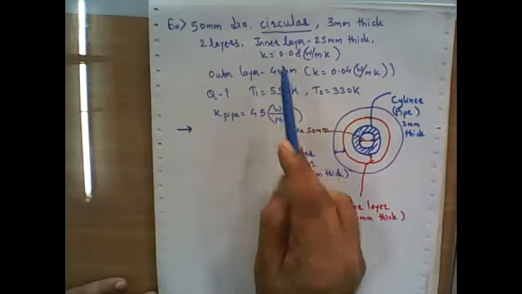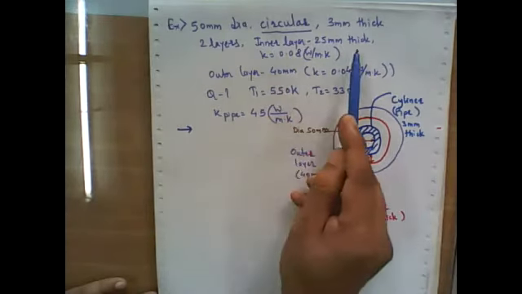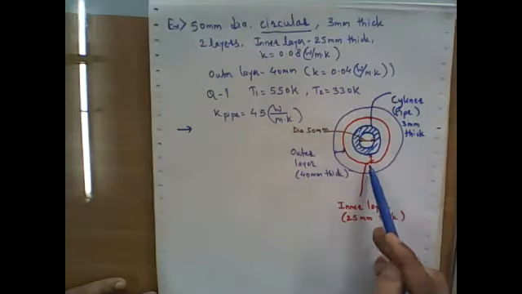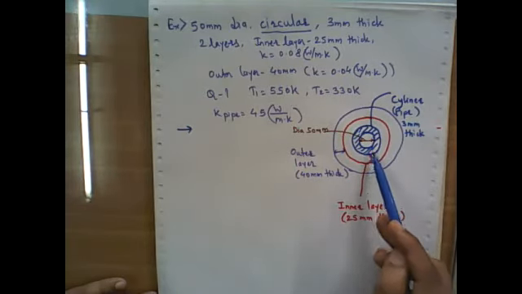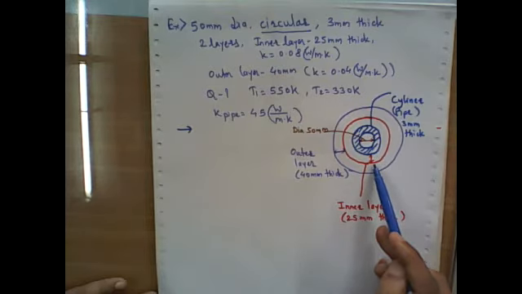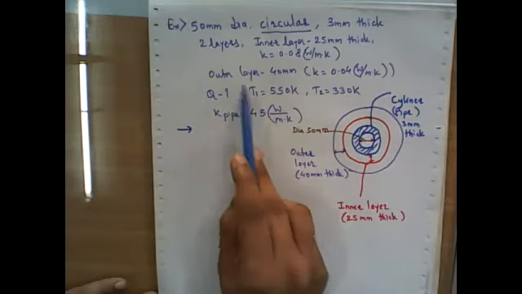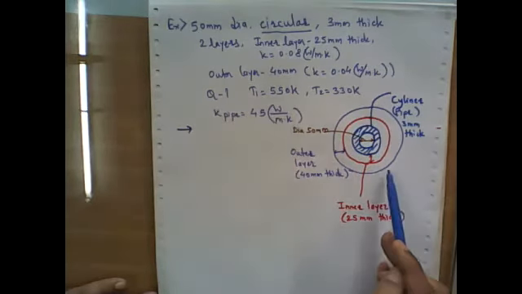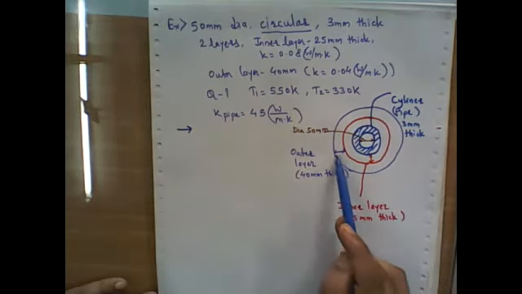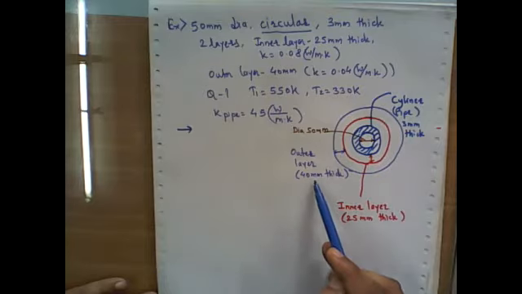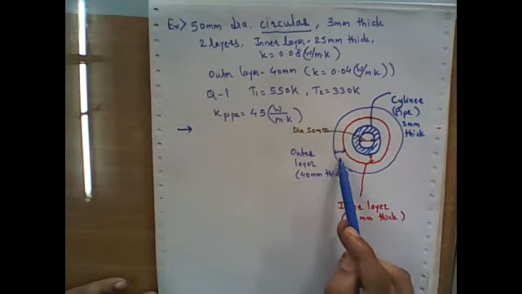So this inner layer, that first is 25 mm thick. So I have shown here, this is the thickness of this layer. This is inner pipe, this is outer pipe. Now it is the first insulation layer and having 25 mm thickness, right? Then the second layer is there, outer layer 40 mm thick. So this is second layer I have shown here. So it is 40 mm thick and it is the outer layer, right?